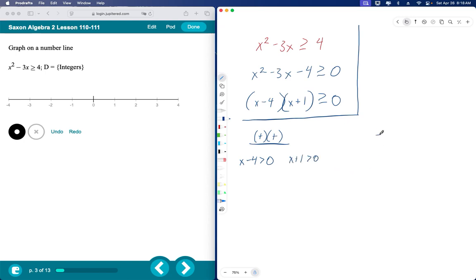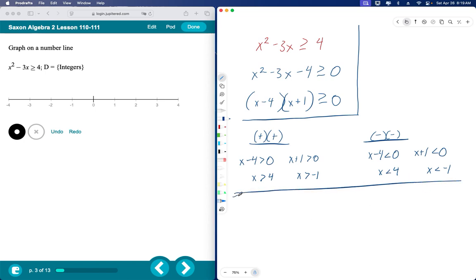But if we're doing negative times a negative, then x minus 4 is less than 0, and x plus 1 is less than 0. So x is greater than a positive 4, x is greater than a negative 1. X is less than a positive 4, x is less than a negative 1. Now